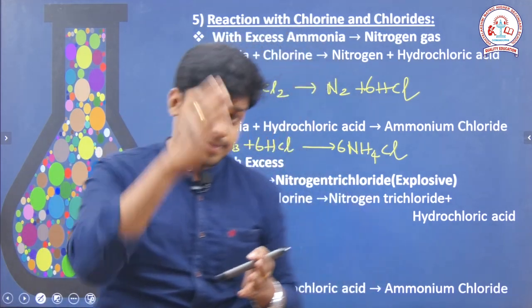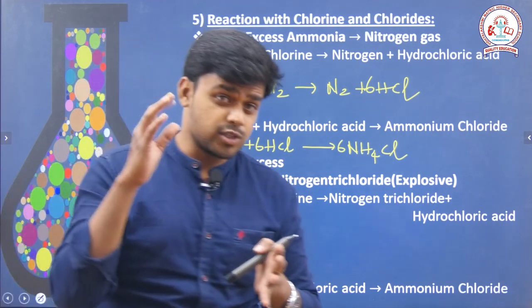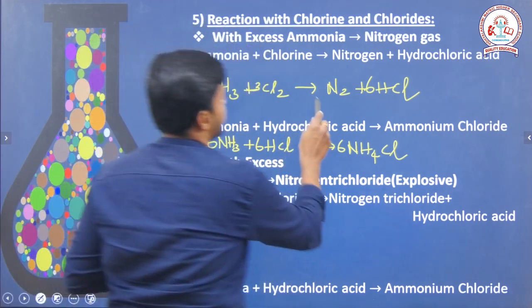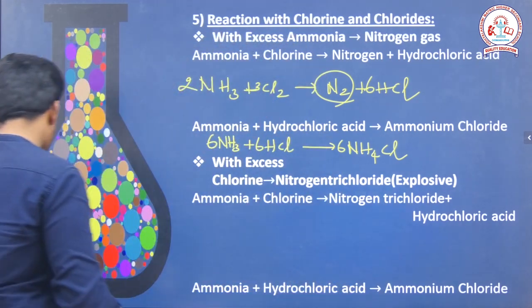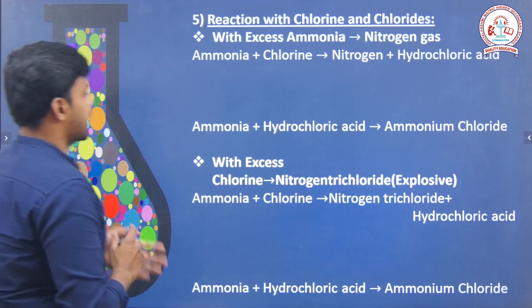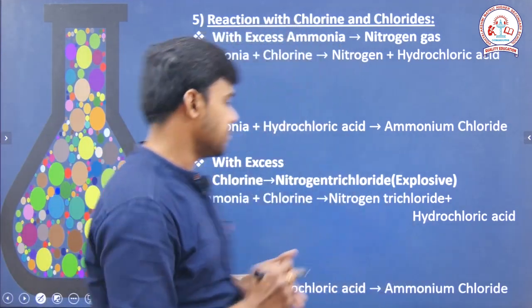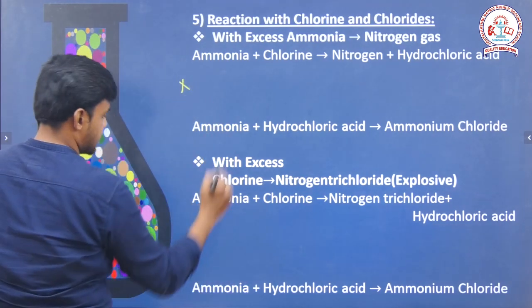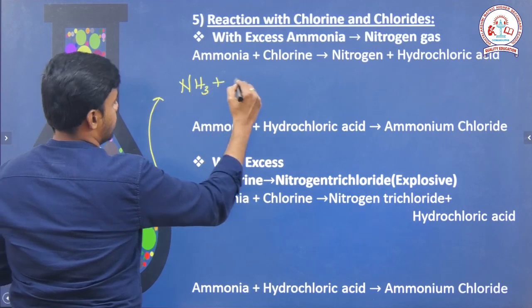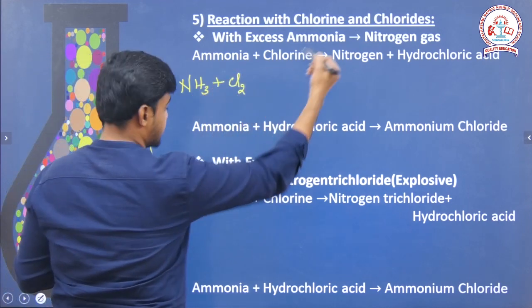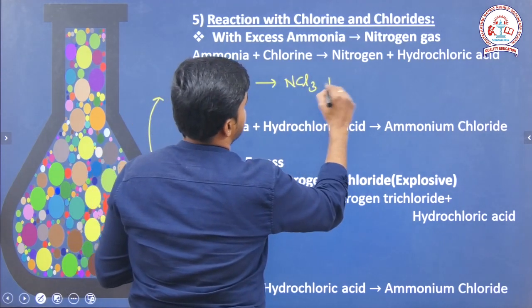Don't forget, excess ammonia, if it reacts with the limited amount of chlorine, will be getting nitrogen gas as a byproduct. Nitrogen gas என்ன ஆயிடுச்சு, byproduct வெளியே போயிடுச்சு. இதுல எந்த சந்தேகமும் இல்லை. அடுத்த கான்ட்ராரி பார்க்கலாம். அடுத்த கான்ட்ராரி என்ன அப்படின்னா பாருங்க, with excess chlorine react ஆகும் nitrogen trichloride நமக்கு தருது. Or listen, so here it is, I'll just write this here. Ammonia, when it reacts with excess chlorine, gives nitrogen trichloride plus HCl,